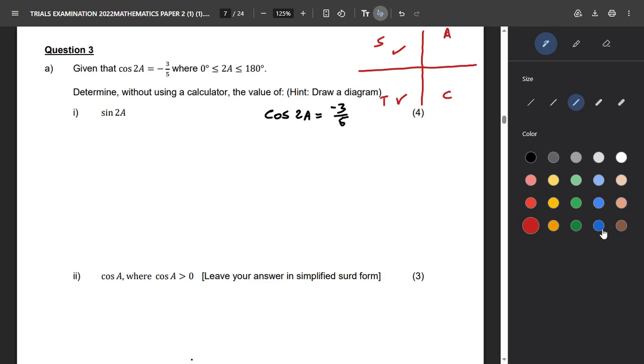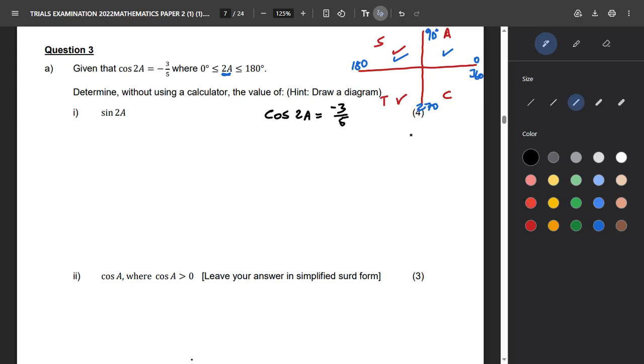Then when you are done, you're going to say, where is this interval? They say between 180 and 0. If this is 0, this is 90 degrees. This is 180, and then we have this part. Okay, so now you're going to check. You're going to mark the quadrant where A is. Understand? Where is the quadrant? The given interval is between 0 and 180, which is quadrant 1 and 2. The quadrant that has two ticks, that's where you're going to draw